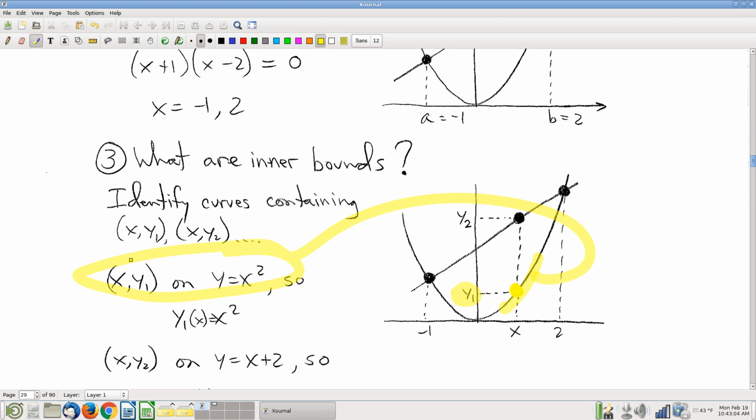There's a temptation to feel like you have to actually earn something. I've got to do some work. I've got to actually solve for something, take a square root of both sides or something. But keep in mind, in this case, look right there, what I'm interested in. I'm looking for a y bound. So I want to solve for y, which is super easy. I didn't even have to earn it. It was staring me right in the face this time. Not that it will always happen. It certainly won't. But situations where no work is required,